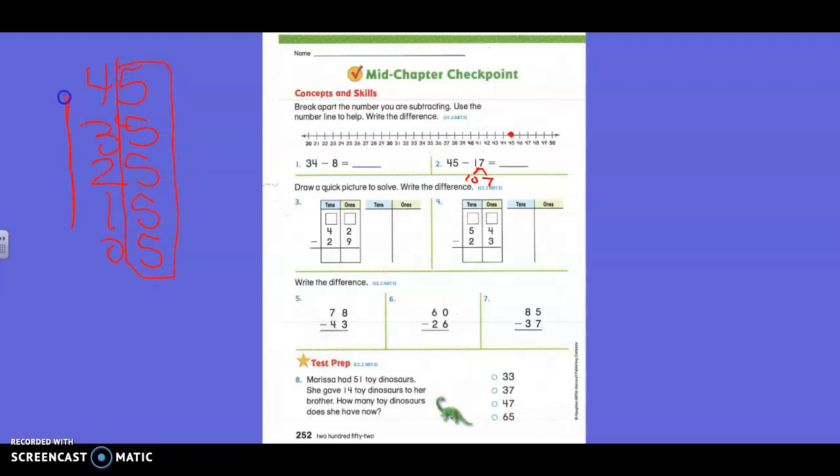These just go up or down, depending on if you're adding or subtracting. And right now we're subtracting, so we're going to littler numbers. Okay? That's only when you subtract by 10. So you can go from 45 and subtract 10 to 35 and then subtract 7 more because it's 10 and 7. Alright? You guys should be able to do the rest of this on your own. Okay? Alright. I'm going to get you a partner so you